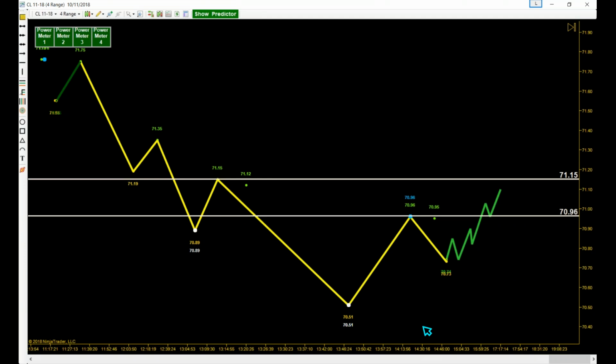I just downloaded some data and tossed it on here before the webinar. But anyway, this is actually close to the close, so we'll have to get into 5 o'clock-ish to basically start the trading again. But what you're looking for is, if you walked in here and this is where the prices were, like right now, then you've obviously got to get it to where you can actually get